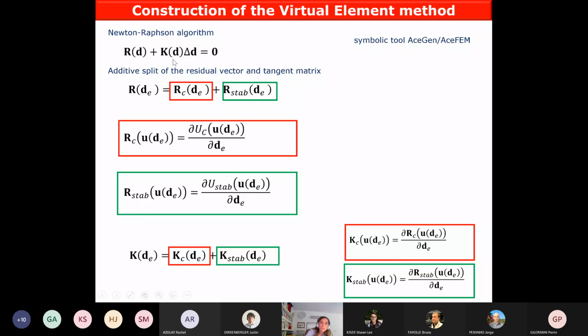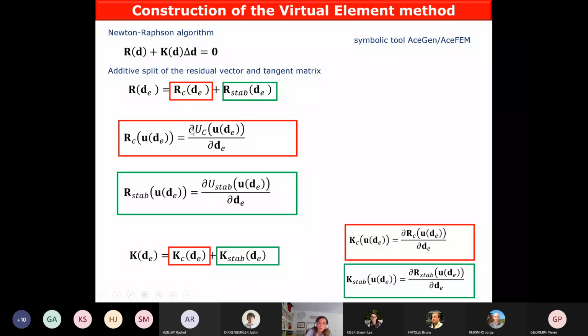And so these two terms can be additively split, as already done for the displacement, in two parts. A part, this is for the residual and this is for the stiffness matrix, that is related to the consistency term and that is obtained